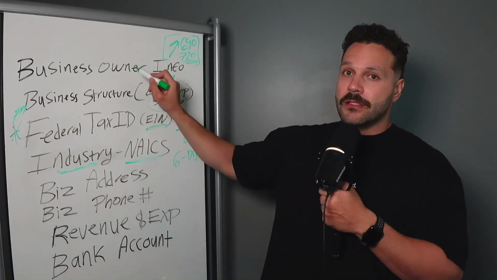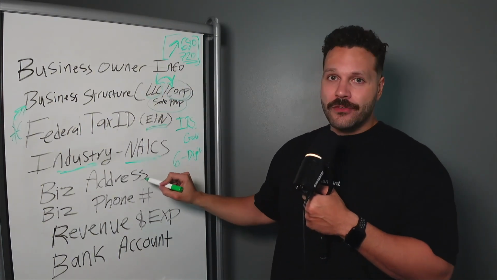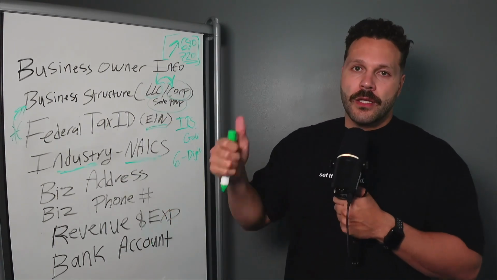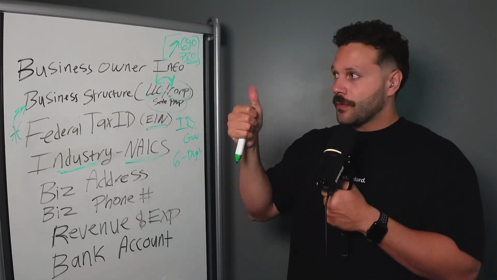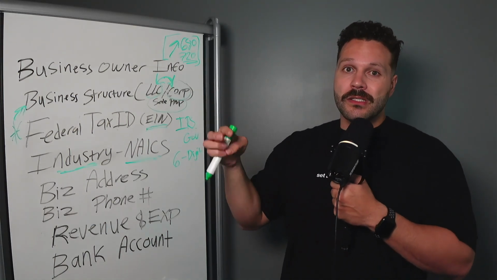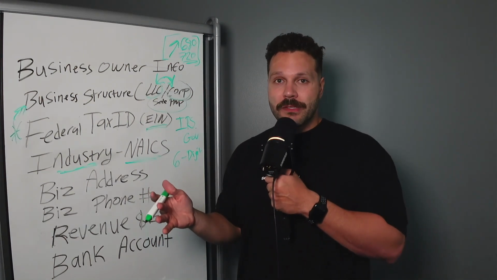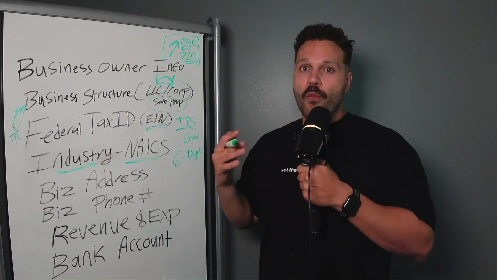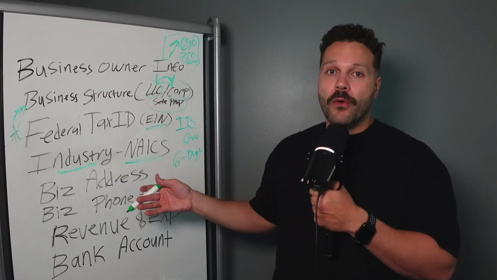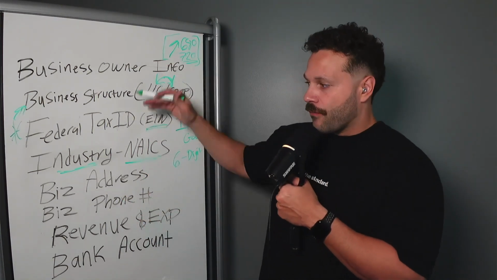Don't confuse this with the business owner's address. However, there are 3 types of addresses that you can use on your business credit application. If you're a home-based business, you have the home address of you, the business, and the business owner. Some people like to use that. I've seen it work with getting approved for something as simple as a business credit card. But some people get weirded out with having the information out there, which may not be the best bet for you. If you don't want your information out there, then don't use your home-based business address